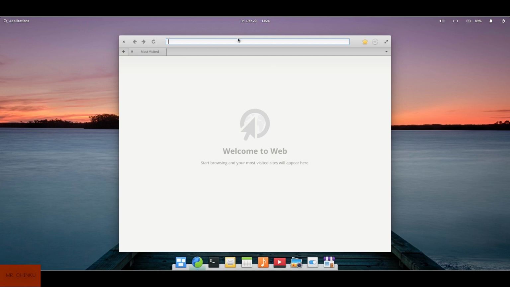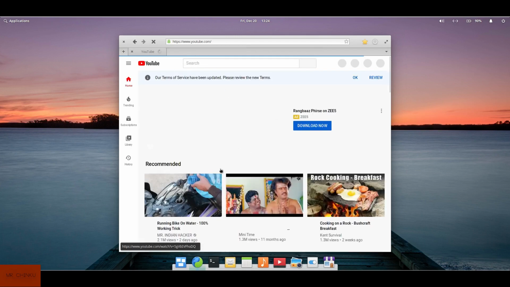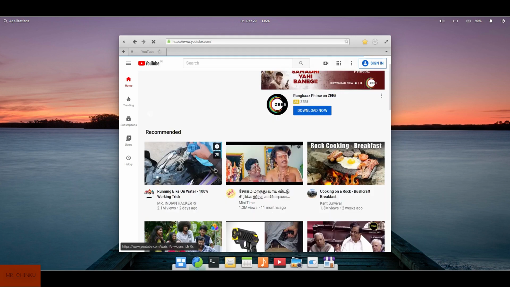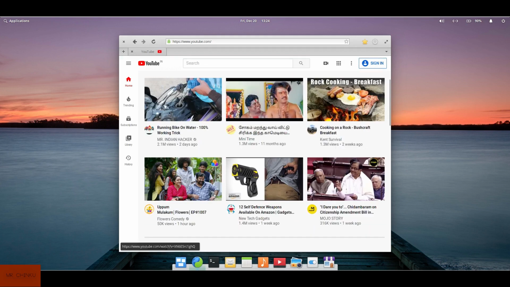I'll go and check youtube.com, and let's see the browsing. The browsing capability of this web browser is not that bad, but I feel that Firefox is faster than this one. So I'll just close this